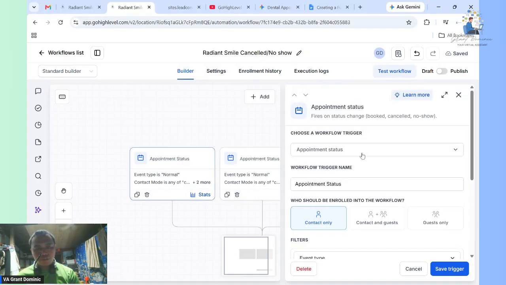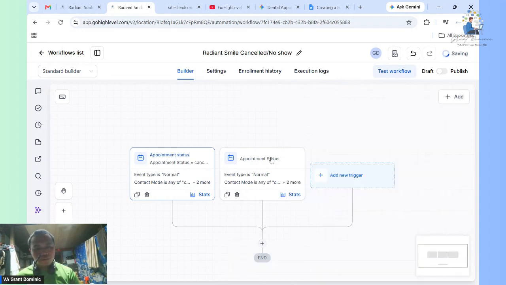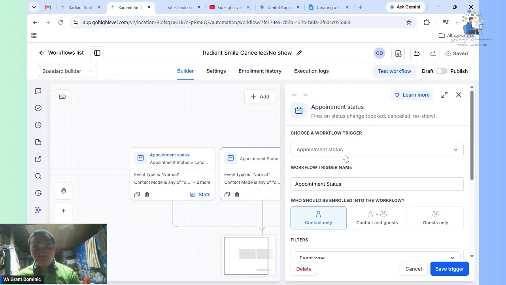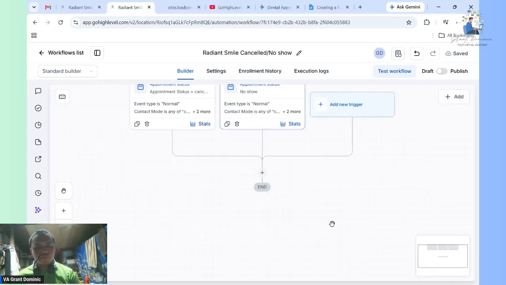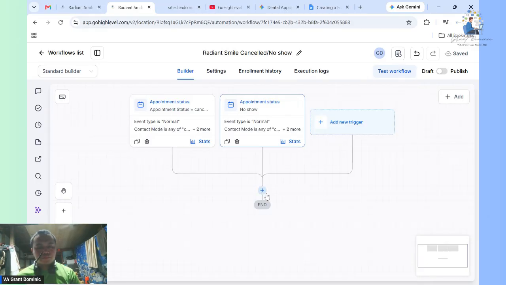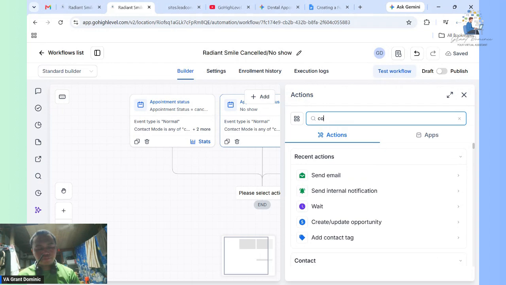We will change its name so we can identify cancel, no show. Save trigger. We will add a condition.